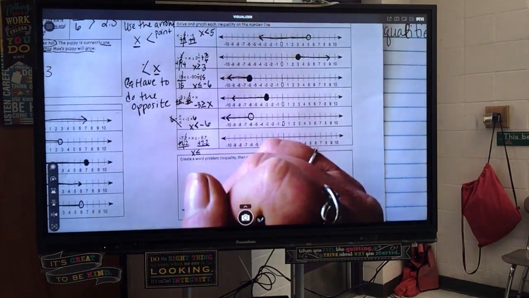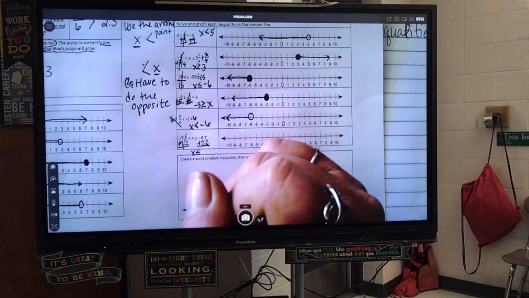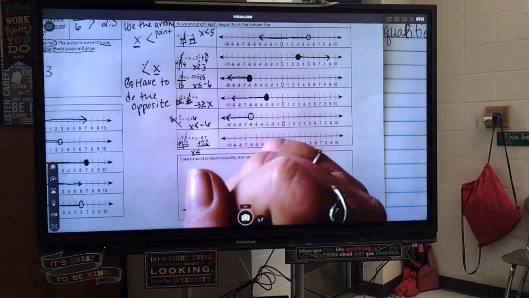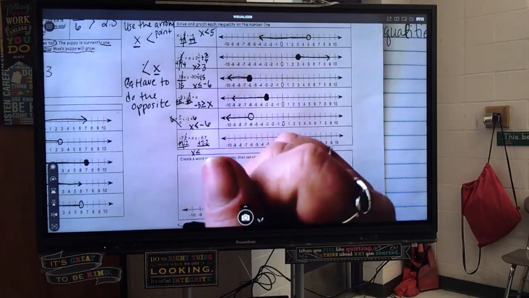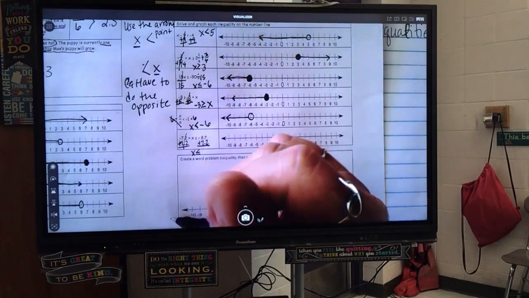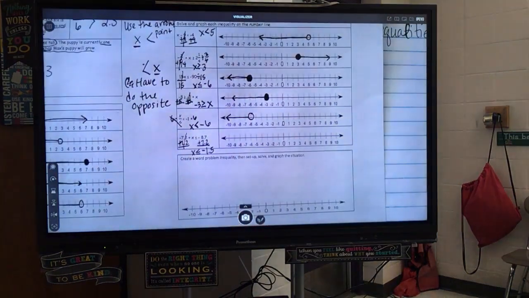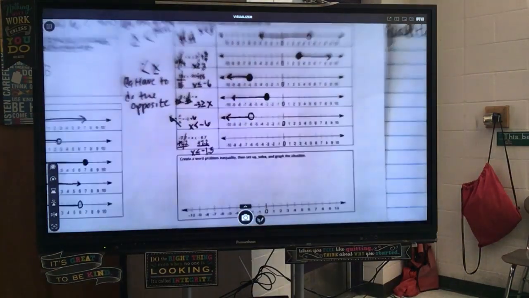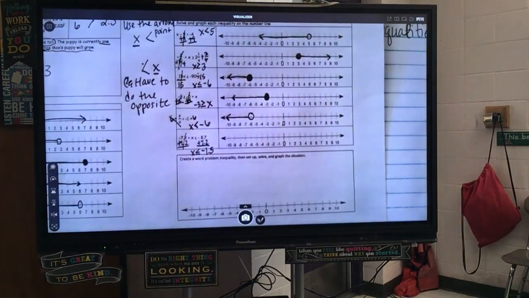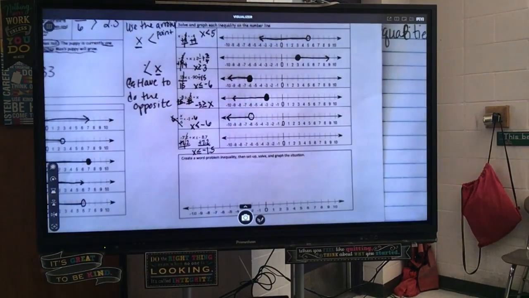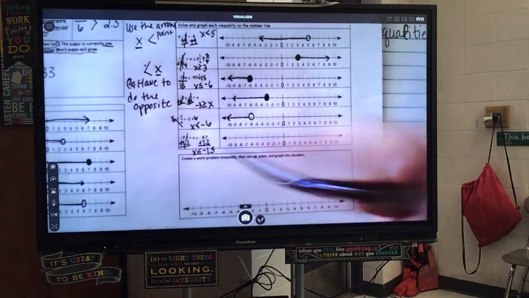So what is 8.7 minus 7.2? 1.5, right? But your bigger number is negative, so then your answer is going to be negative. All right, so